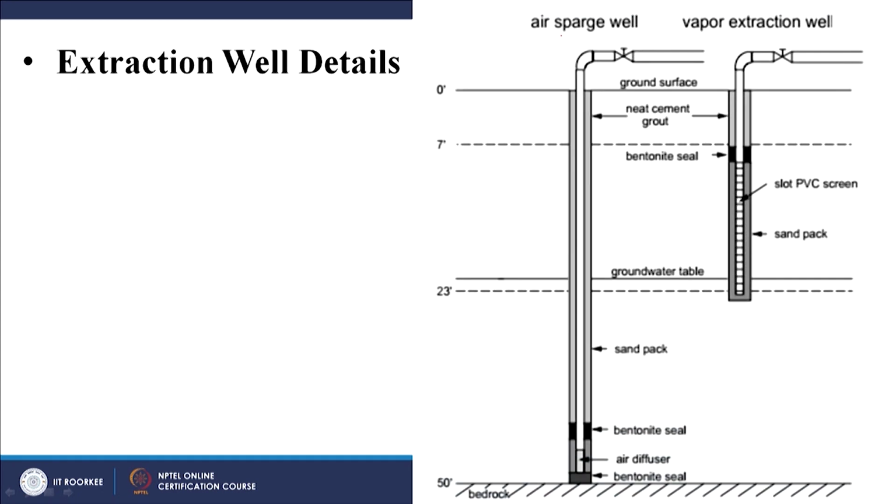So, obviously what do we have? We saw that they constructed both the air sparge well and the vapor extraction well in close proximity to each other. So, this is the ground surface, let us say, and here you have the air sparging well where they are going to introduce air into the system, right. It looks like they almost went till the bedrock here. We saw that there was some particular bedrock, and what do we have out here?